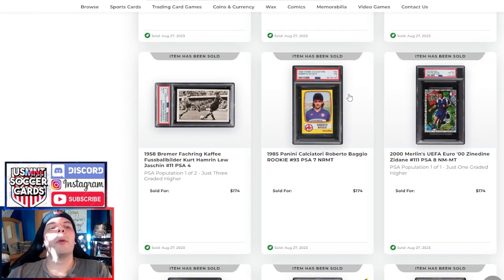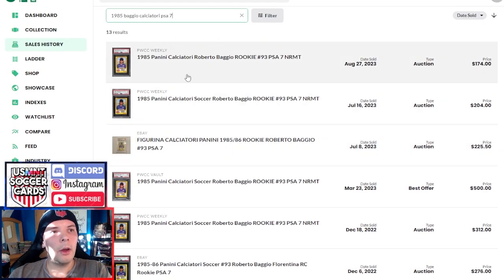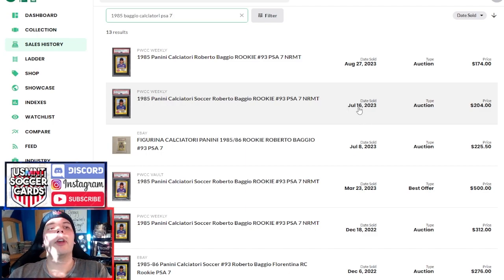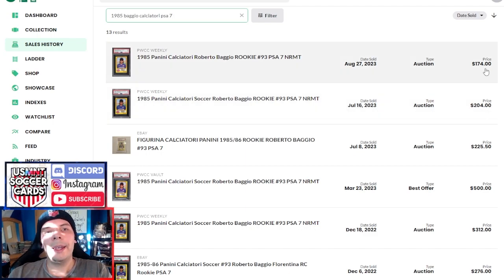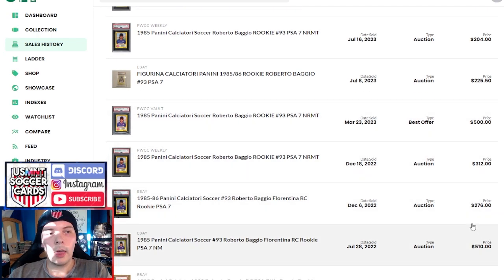Next to that, we have a Roberto Baggio PSA 7. Did want to take a peek at this just because I'm interested. I know sort of where it's been trending, and I wanted to see if it continued, and it did a little bit. The last sale was a few months back, it went for $204, now $174, and if you look at the prior sales, just one after another, for the most part dropping,